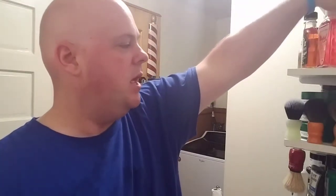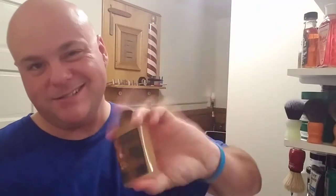Okay, we are back. We got the shave completed here. We just did a little bit of Thayer's Witch Hazel Rose Petal. Then we went ahead and did Nivea Sensitive Post shave balm. Yeah, I know, I put it on before the aftershave. Some of you don't like that, but it works for me. Anyway, now we're ready for the after party. So let's crack it open and...